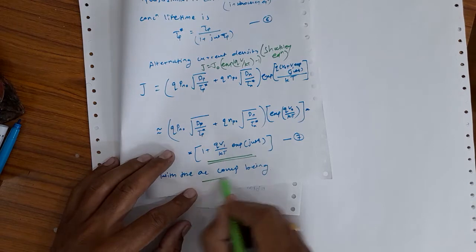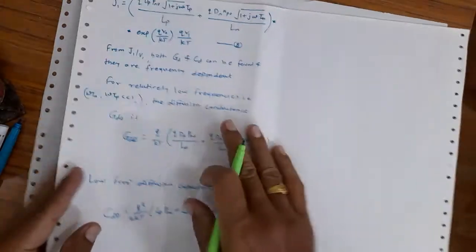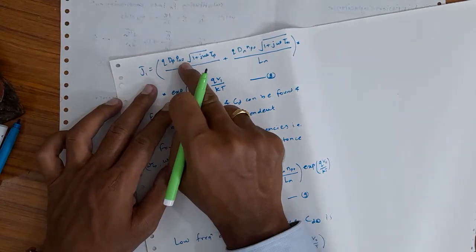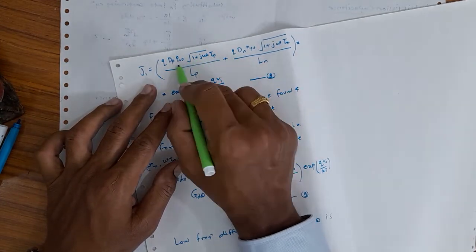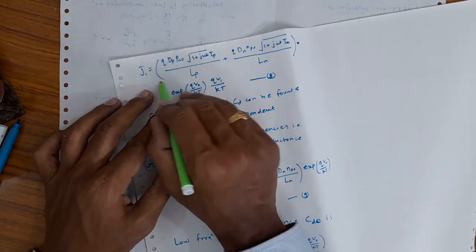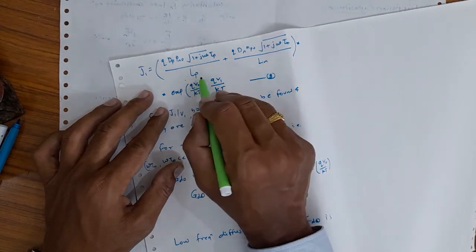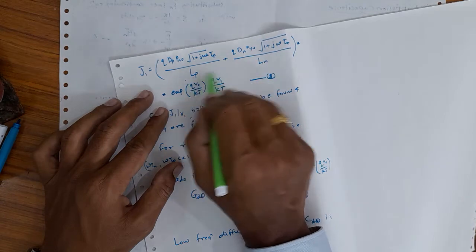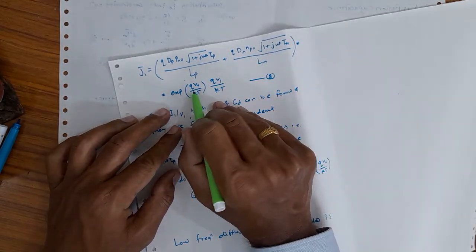Sorry, the AC component will be given in the next slide, and that is equal to J1 = Q Dp pn0 into the square root of... just trying to multiply inside it and find out its AC component, which is represented with the J1. The other Ln and Lp are nothing but the diffusion lengths in the n side region and the p side region, multiplied by the exponential term in continuation with this.